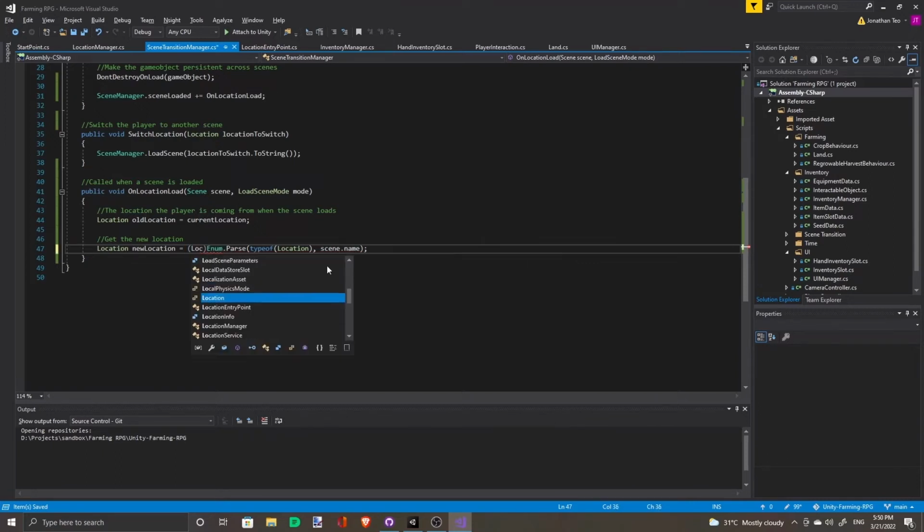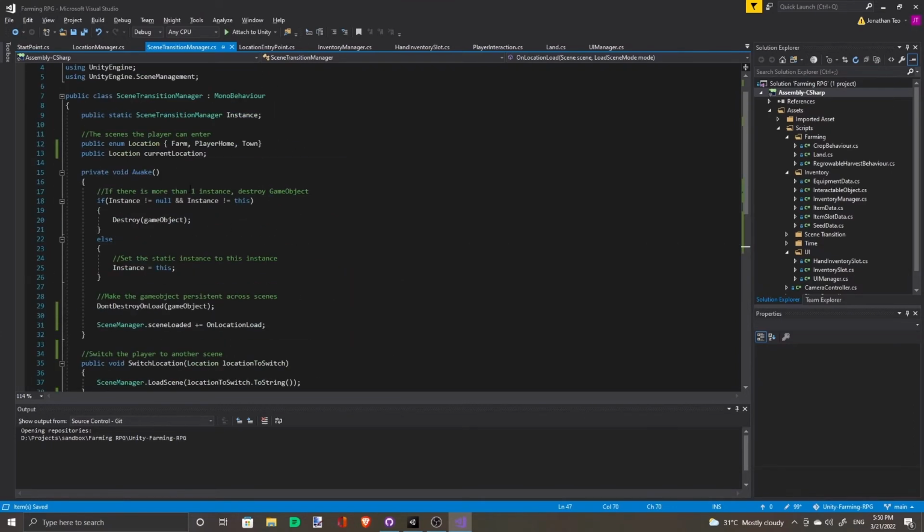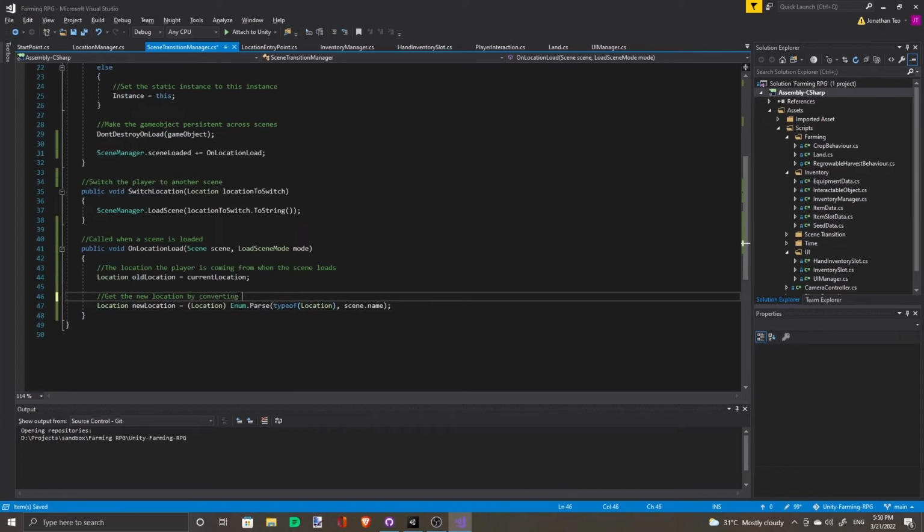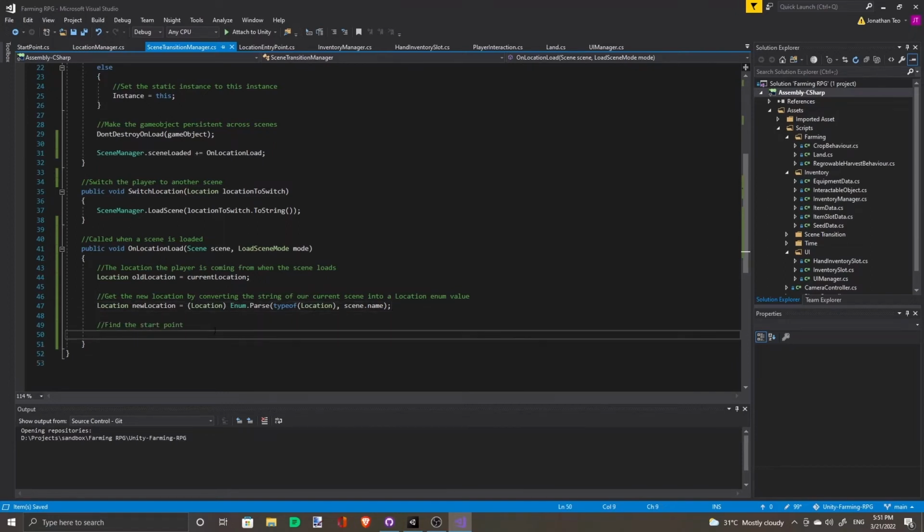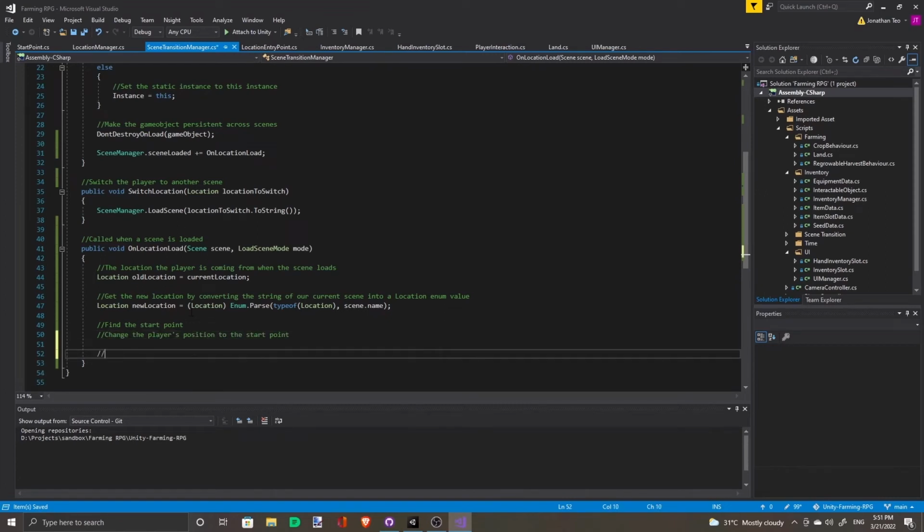So cast it to location, and then it will pass. With that settled, we need the start point.